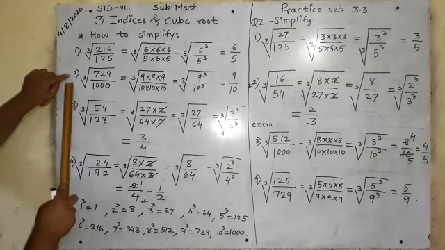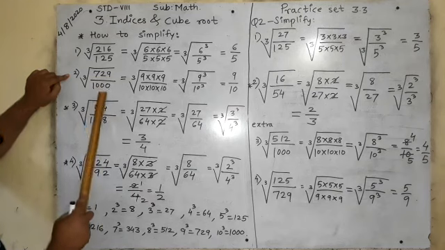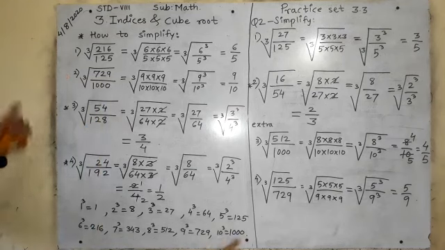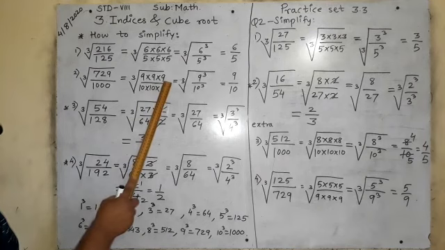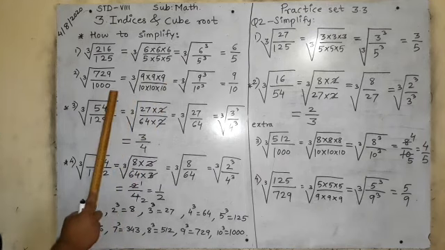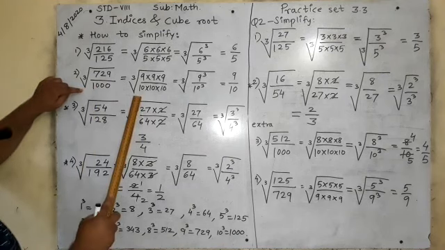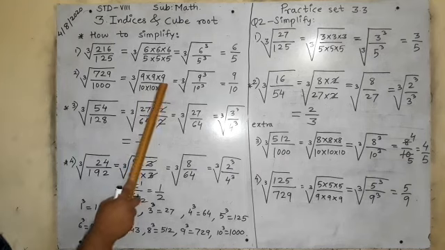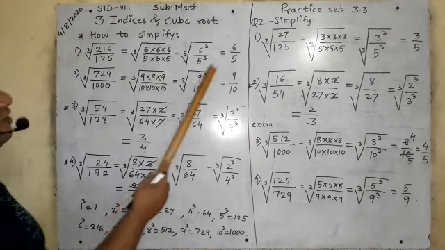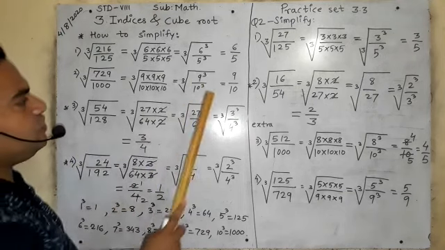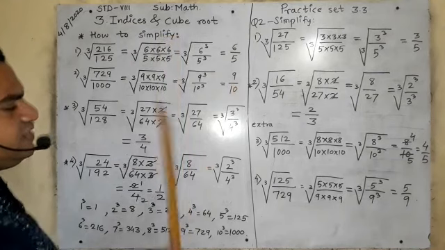Now see here, question number 2. Cube root of 729 upon 1000. My dear students, what is the cube root of 729? 9. So I will write 9 multiplied by 9 multiplied by 9, 3 times, right? Because it is a cube. For 1000, what is the cube root of 1000? That is 10. So I will write 10 multiplied by 10 multiplied by 10. So I will write in this indices form 9 cube and 10 cube. By taking the cube root, the cube root will go away and this cube will also go away. So what will remain? 9 upon 10. Is it clear?